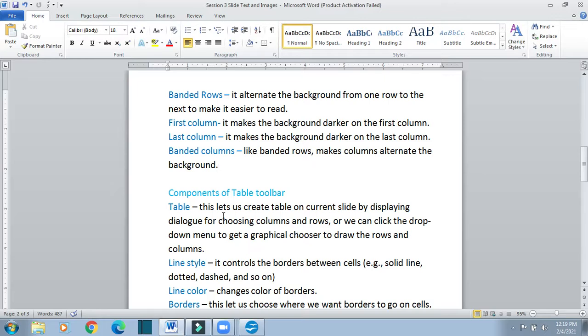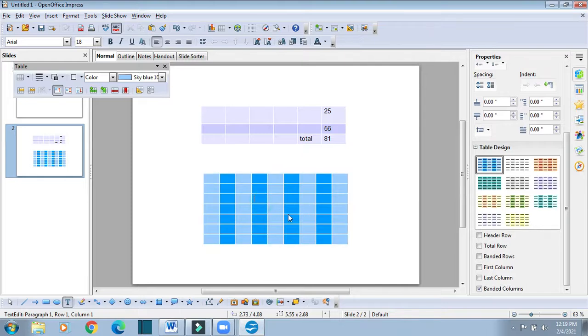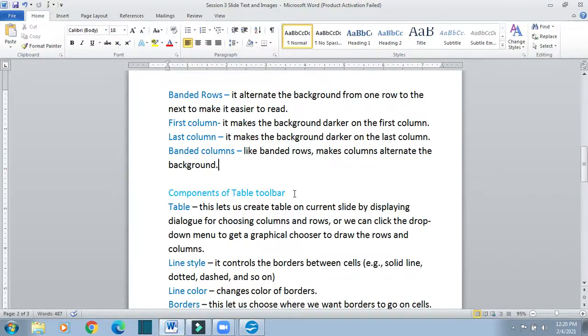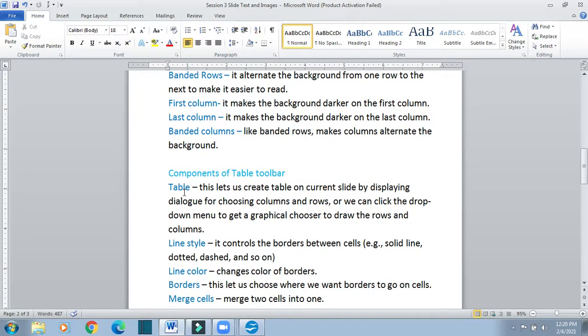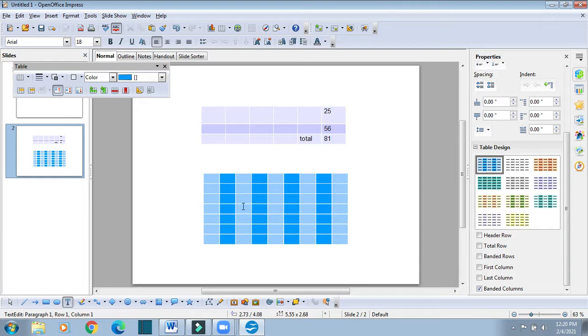Now next we are going to study the components of the table toolbar. So if you insert a table, you will see one extra toolbar comes here. This is called the table toolbar. So what are the components of this table toolbar? The first component is table. You have created one table.